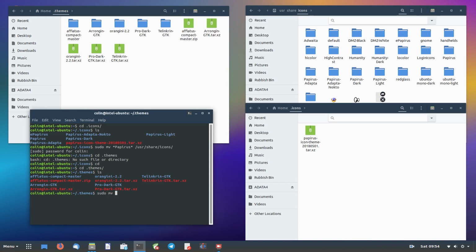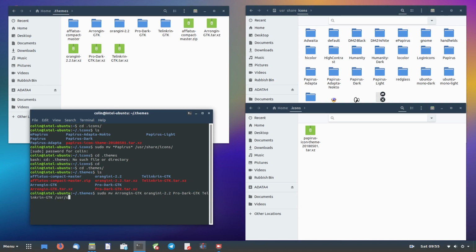Now we need to choose: if we type Arc-Dark and tab that, GTK, yep, and space, Orchis, that's the lowercase, yep, and Pro-Dark and tab that, yep, and Tela, so T-E-L, and tab that. So I'm pressing the tab key, it auto completes. So that's all four of them selected, and we shall type in